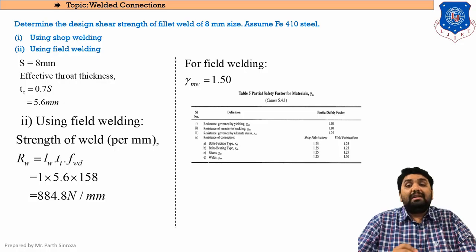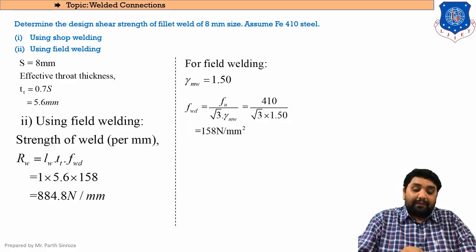The only difference here is the partial safety factor value. For shop welding we will be taking it as 1.25, and for field welding we will be taking it as 1.5. Clear? So this is the only difference between a shop weld and a field weld. So again, substituting these values in the equation, we get